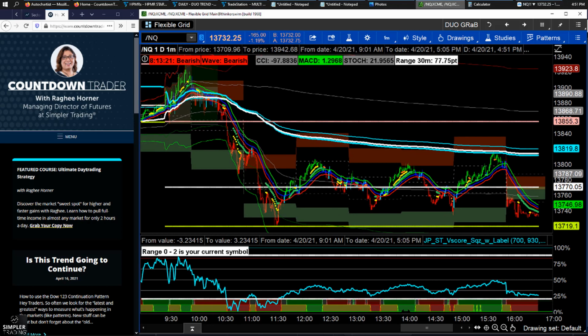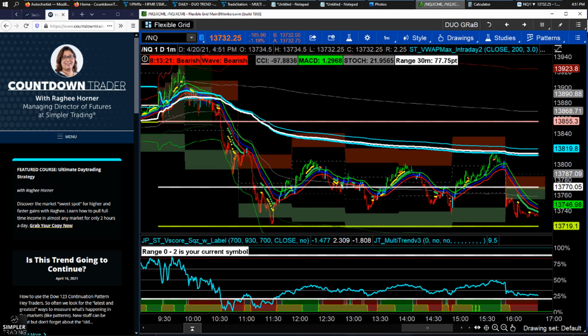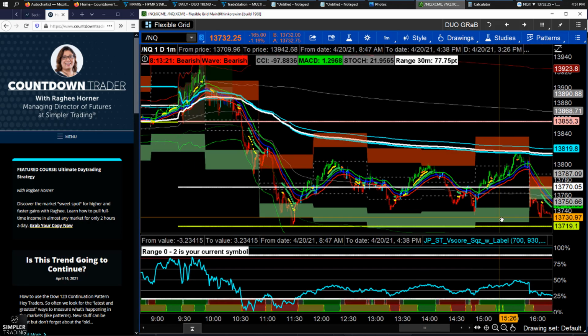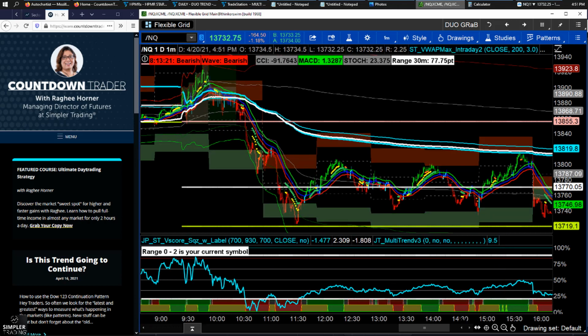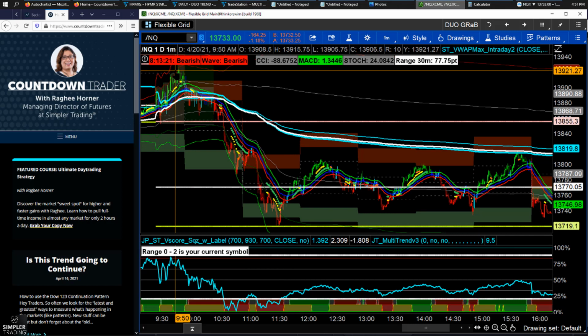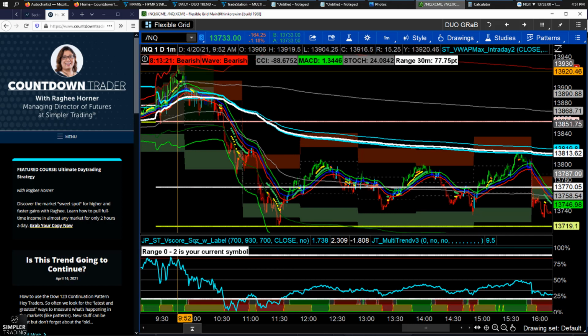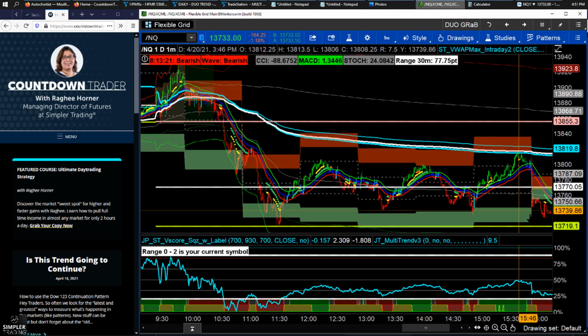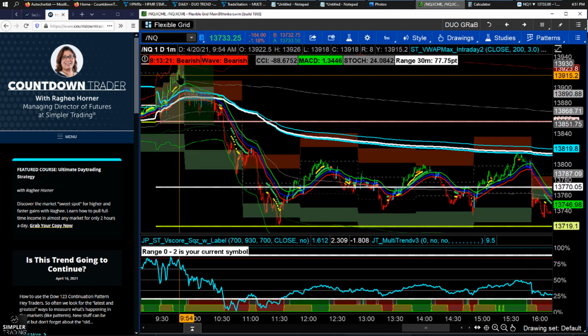But here's the day. Here's 9:30 to 4 o'clock. All right, here's 9:30 to 4. What did this market do? It established the highs within the first 22 minutes after the bell and then never looked back. So the highs were put in during the clearing and then we melted down.